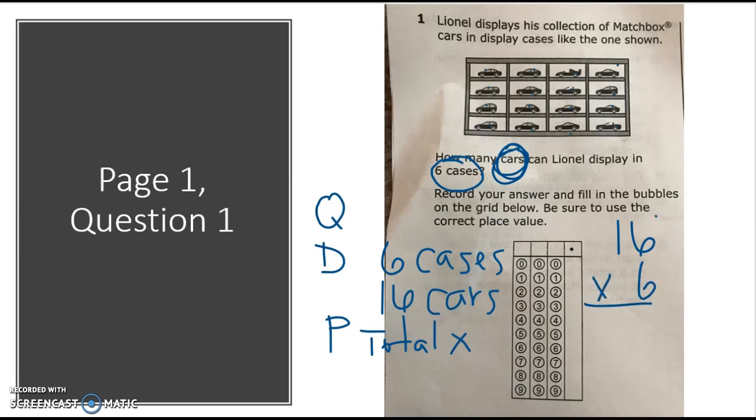Remember, if you don't know your math facts and you need to use a different strategy to do that, just use some space here on the side. So if you need to show your 6 times 6, you know you have 6 groups. You're going to have 6 in each. So 1, 2, 3, 4, 5, 6, 1, 2, 3, 4, 5, 6, 1, 2, 3, 4, 5, 6, and so on until I've got it all